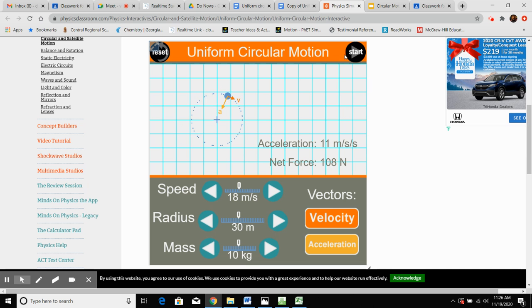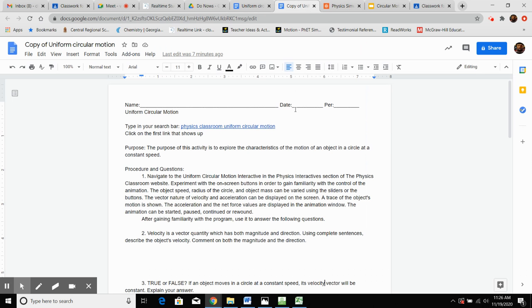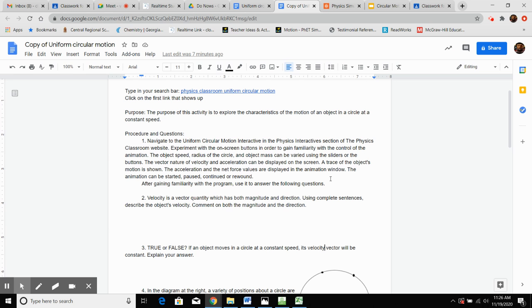So we're going to pause this for a second. We're going to reset. So if we go back into our assignment itself, part one is pretty much just to go on there and get familiar with varying the radius, the mass, the speed or velocity, and figure out the vectors. So that's pretty much what we were doing. So we don't have to actually answer anything for number one. But for number two,